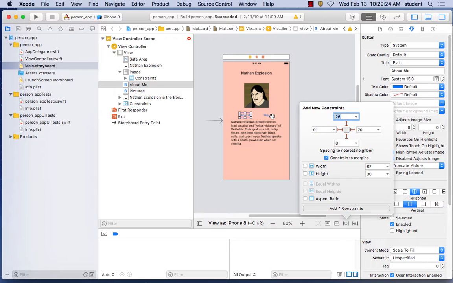Where's 70? 70 is to this text over here. So it automatically picks up the next one, right? It's the one that's nearest neighbor. See that? Spacing to nearest neighbor. What is the nearest neighbor? Well, you have the right of the screen. So what it's saying is it's recognizing this, and it's giving you 26 pixels down. Do you see that? Then it's recognizing 91 pixels here, and then 70 pixels here, and then 8 pixels kind of close to that text. Okay, so if you hit Add Constraints there,